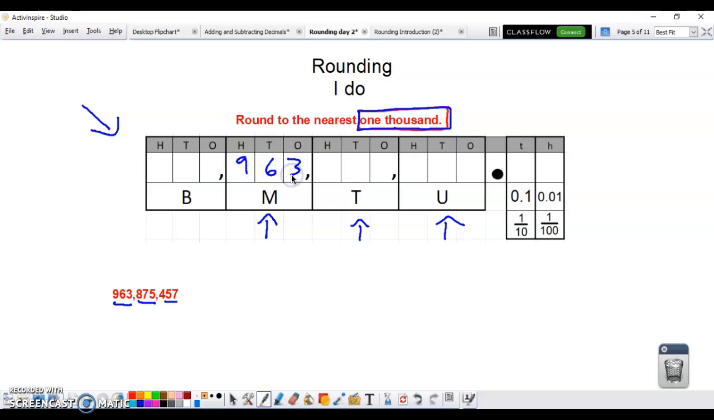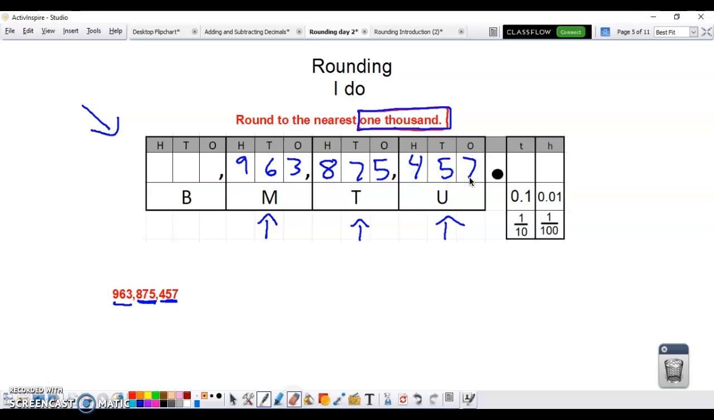963 millions. And I want you to notice that I'm grabbing them in clusters of 3, meaning the millions, thousands, and units, and you sound them off as the numbers are coming up together. So 875 thousands, and then lastly 457,